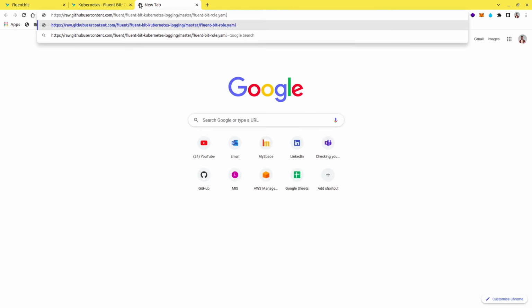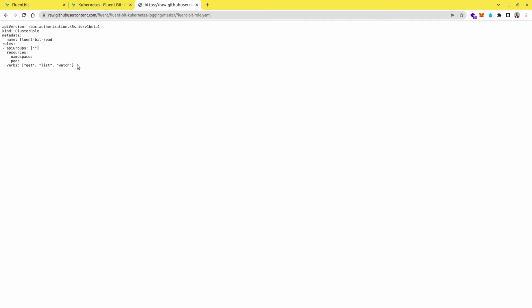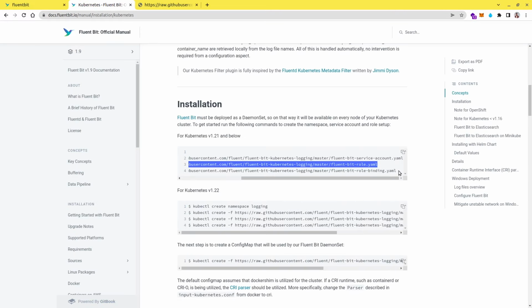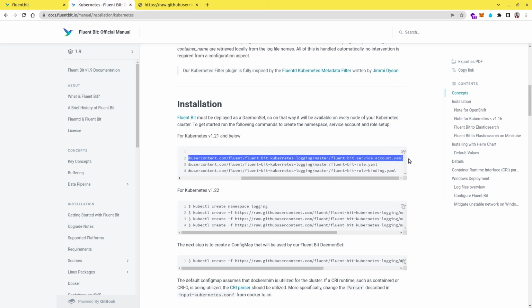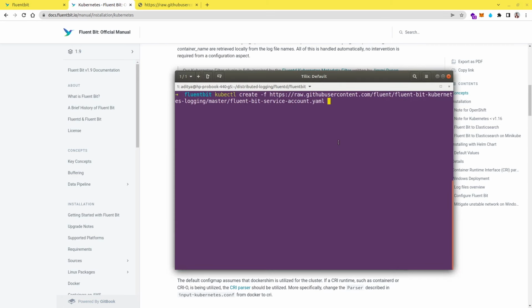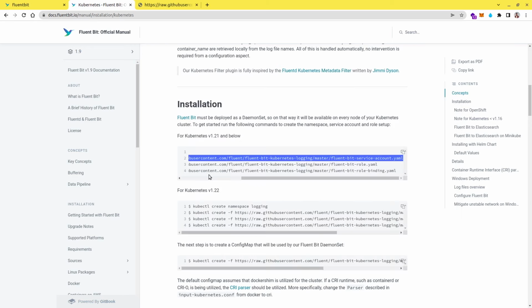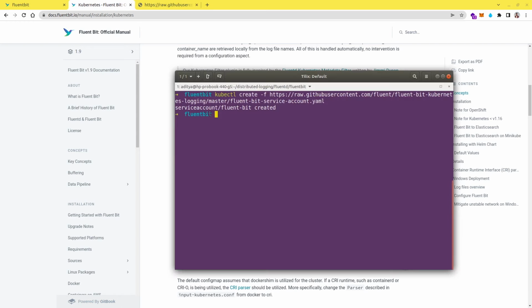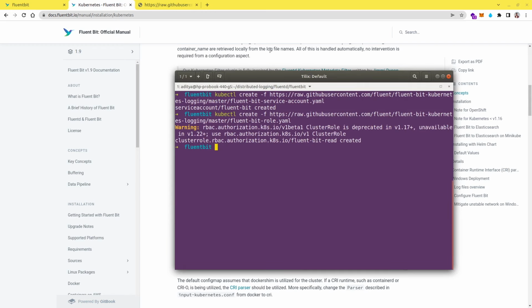So if I just open this file here, you can see that the verbs here are get, list and watch. So Fluent Bit should be able to do all these operations within the cluster. So now let's quickly create these roles, service account and role bindings. Let me run this command, and this is going to create a service account for our Fluent Bit. Yeah, and then similarly let's create the role,